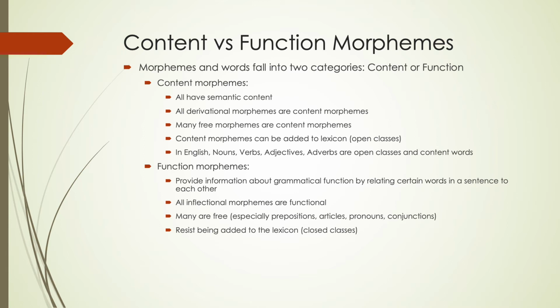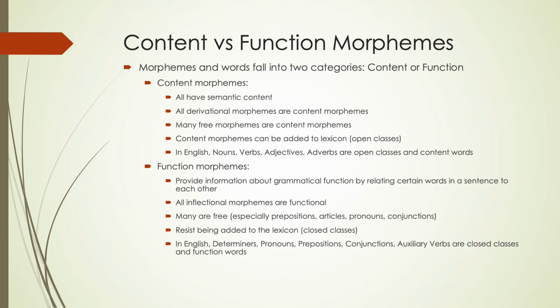And they tend to resist being changed or added to the lexicon. They tend to be more closed class because these are often things that are native that we've had for a much longer period of time. They don't really change as much because their usage is not to have any sort of specific meaning, but more a relationship between things. So in English, things like determiners, pronouns, prepositions, conjunctions, helping verbs tend to be these closed class functional style of